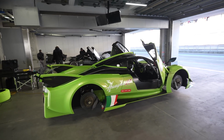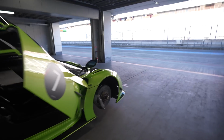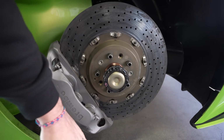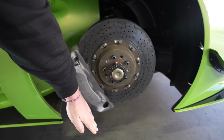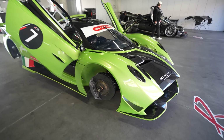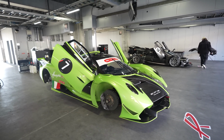and safety systems. And I was just mesmerized at the size of these rotors and calipers. I have to put my hand here just to show you guys how massive these calipers are. Monoblock, 6 pots, carbon brakes, a size that looks pretty much well over 400 millimeters, I would